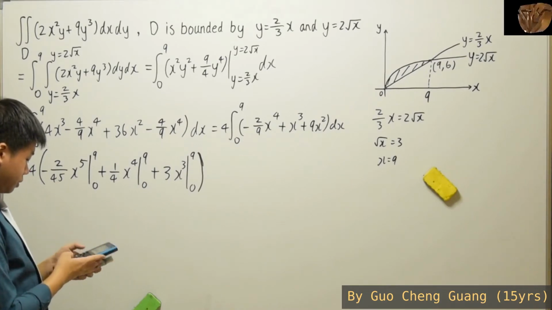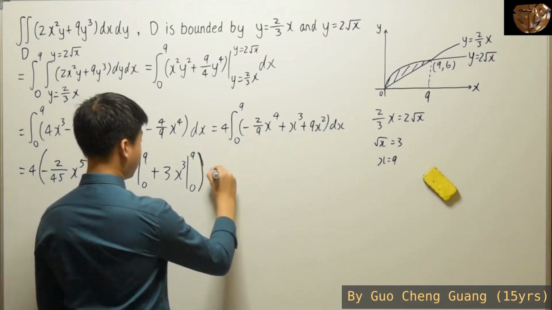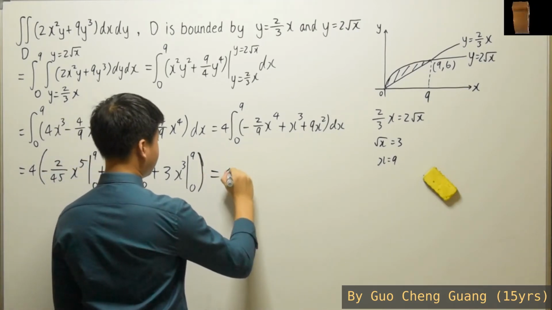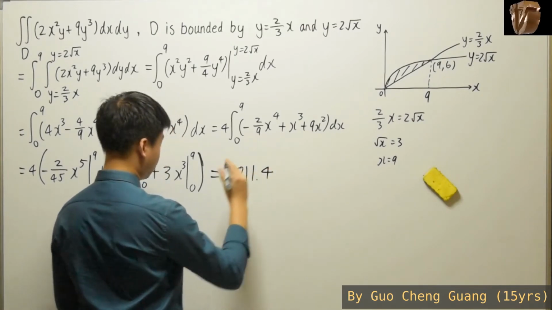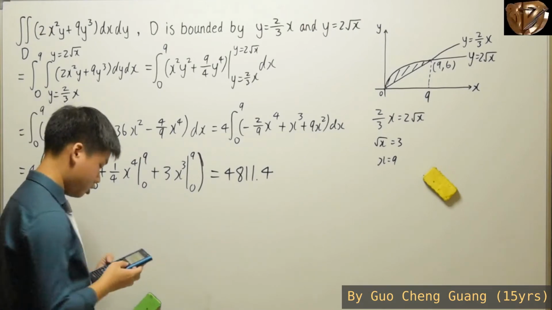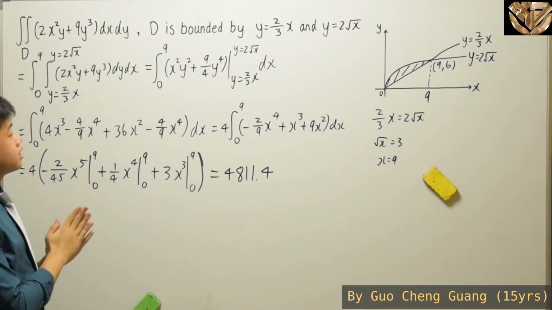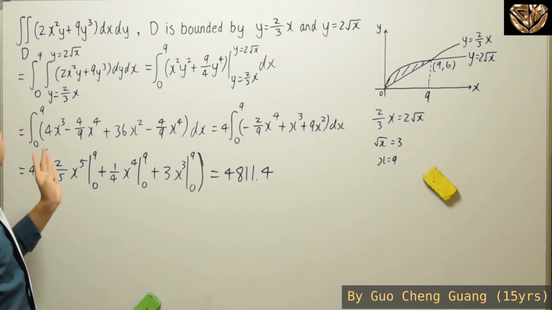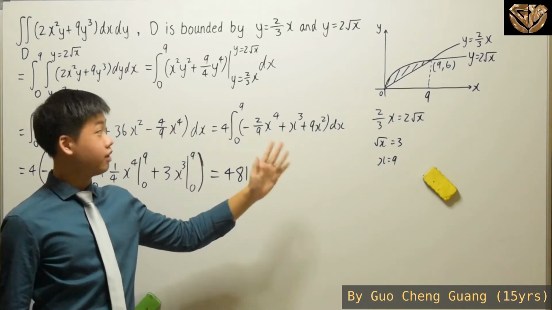So what will be this answer that you have? Now, if you input everything correctly, that will be 4,811.4. Alright, so this is the answer that you should be seeing. Right, so this example over here, of course, you would start from whatever kind of graph you have, and with